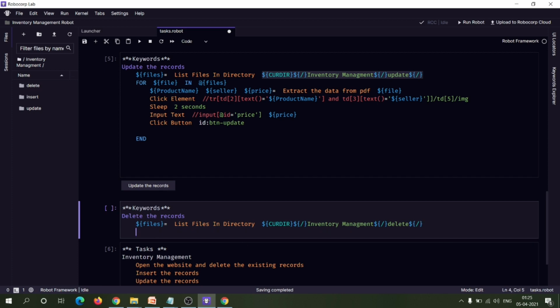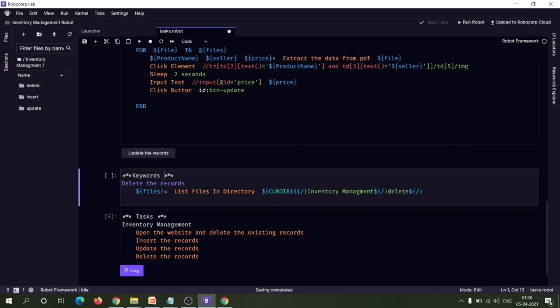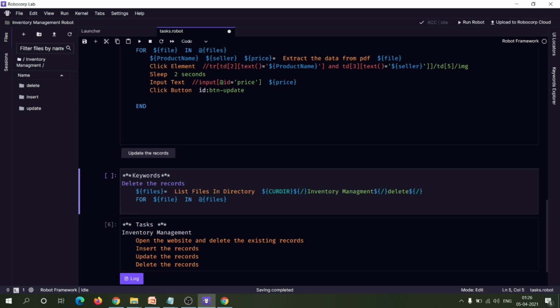Now you have to loop through each file in the folder. So for that we can use a for loop, for file in files. Next, we are iterating through each file under the delete folder.